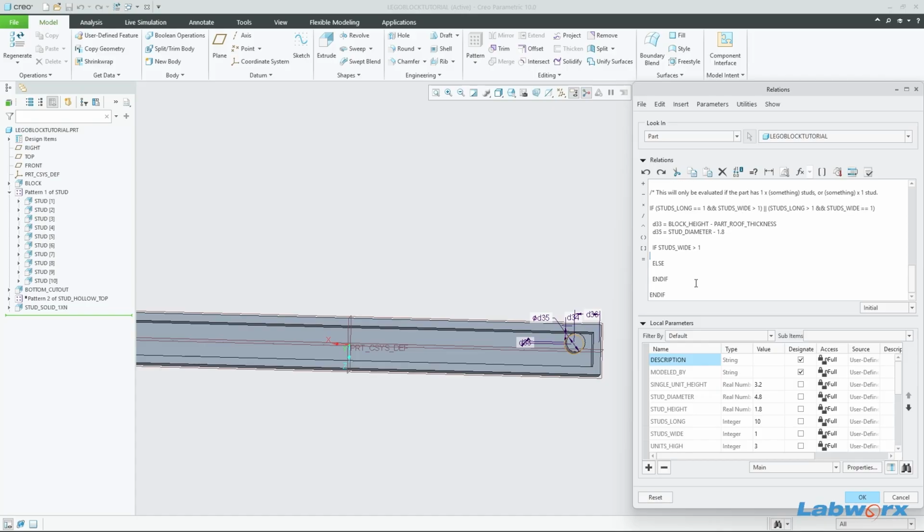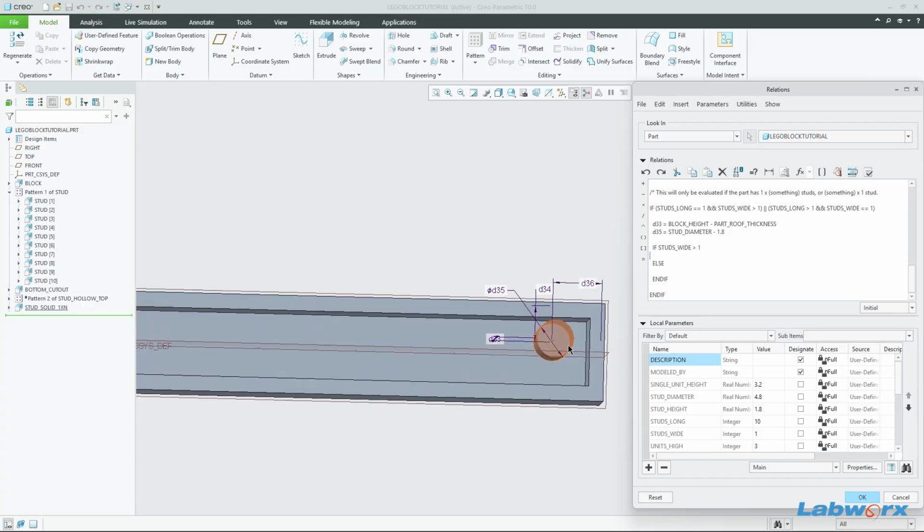So we don't need to double check that. We just need to confirm whether the part is wider than it is long, or if it is longer than it is wide. And these dimensions here are going to orientate. They're going to move this stud to where it needs to be based on its